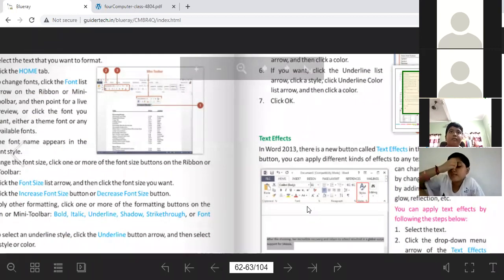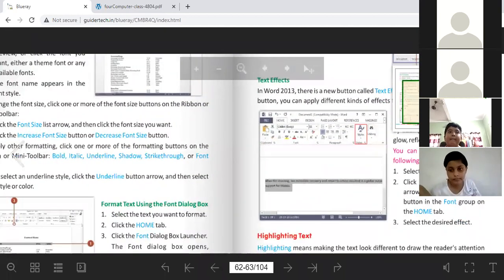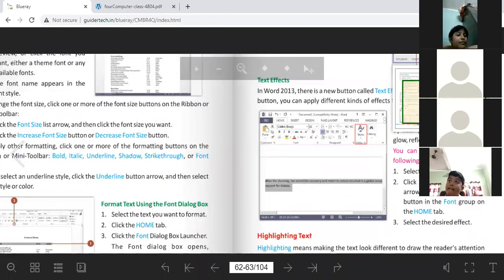Using this button, you can apply different kinds of effects to any text in the document. You can change the look of the text by changing its color, its outline, or by adding effects like shadow, glow, reflection, etc. You can apply text effect by the following steps below.